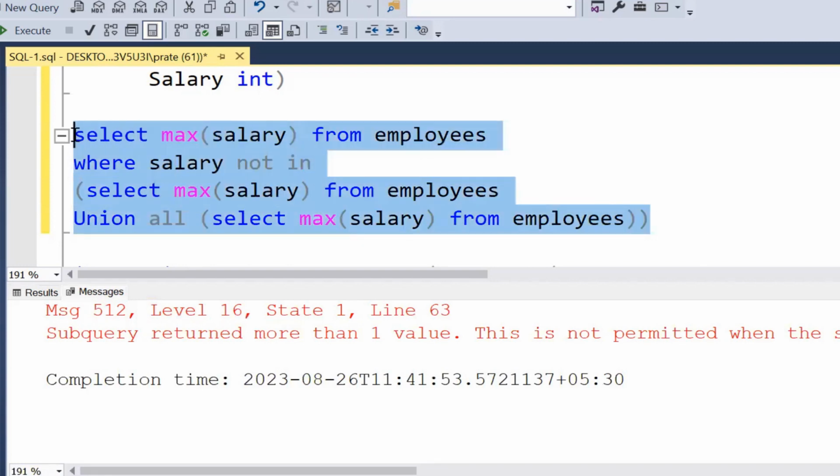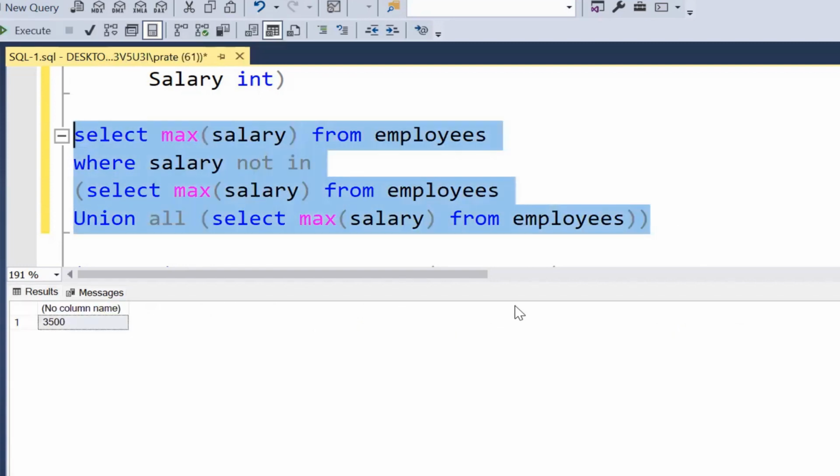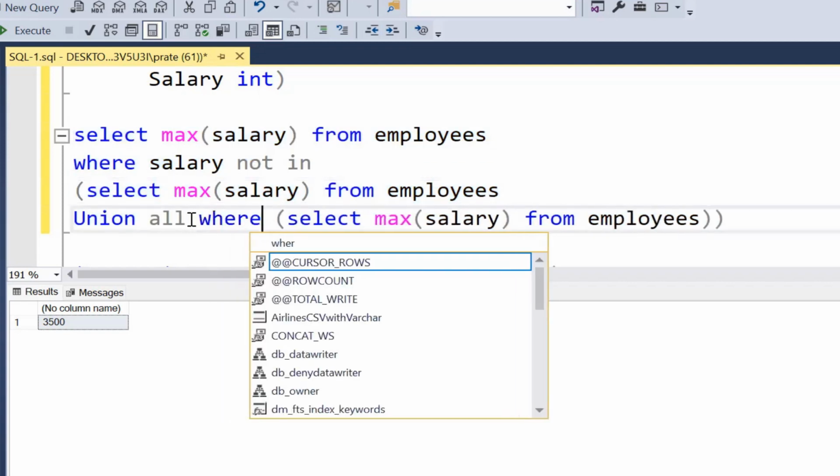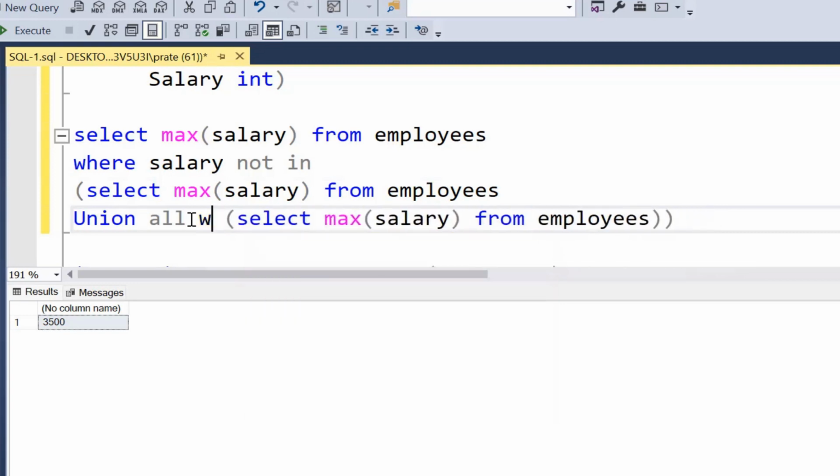तो ब्रैकेट स्टार्ट है, ब्रैकेट एंड है, ठीक है? अभी रन करोगे तो आ जाएगा, देखो थर्ड वाला ये था क्या? हाँ नहीं नहीं ये नहीं था, सेकंड था। ओके। तो इसमें दोबारा यूनियन ऑल के बाद लगाओ वेयर, या इसमें नहीं, यूनियन ऑल के बाद नहीं, सिलेक्ट मैक्स के बाद, फ्रॉम एम्प्लॉइज के बाद वेयर क्लॉज लगाओ, वेयर यूनियन ऑल कंबाइन करता है, फर्स्ट वैल्यू वी टुक, सेकंड वैल्यू वी नीड